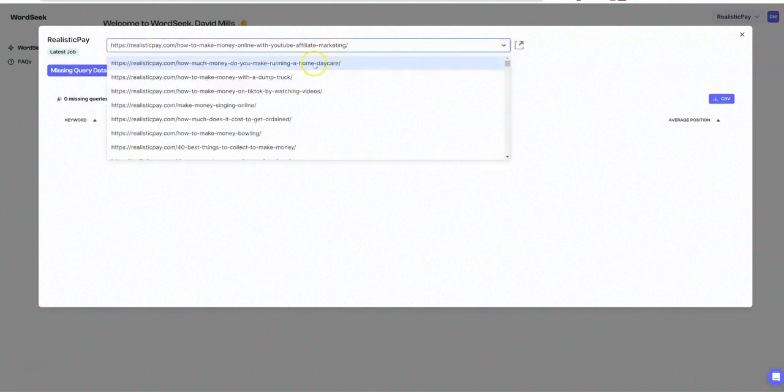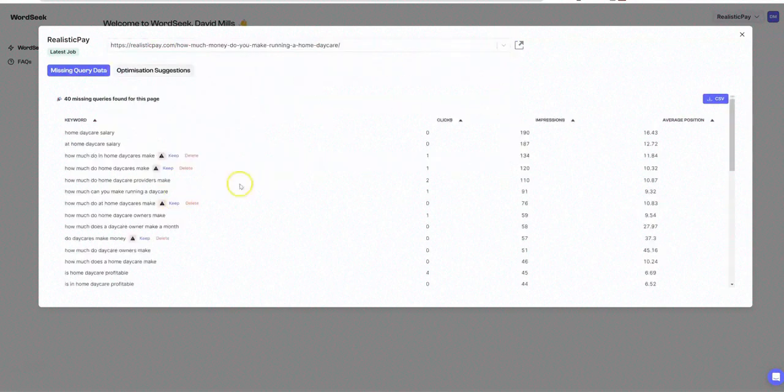So I don't like that. Okay, so let's go to this daycare one. Okay, so now we're talking, now we're cooking, because we have this post that is obviously doing something right, probably, because I don't really like the fact that the ones that are saying we're fully optimized, well, I'm not getting any traffic to those ones, so I don't know how that's fully optimized, but it is based on Search Console,